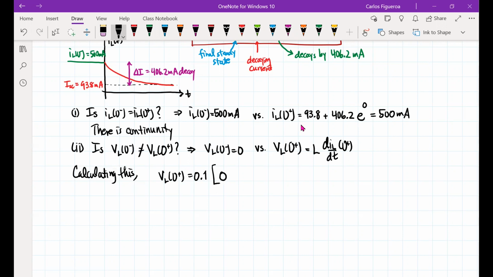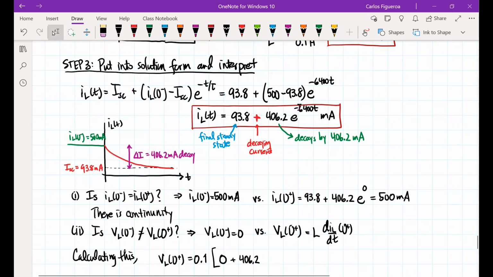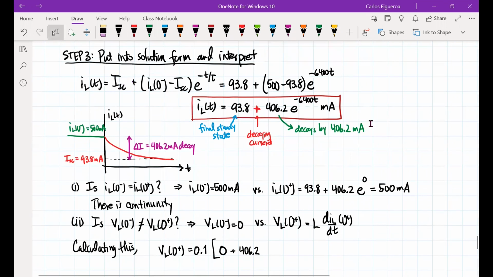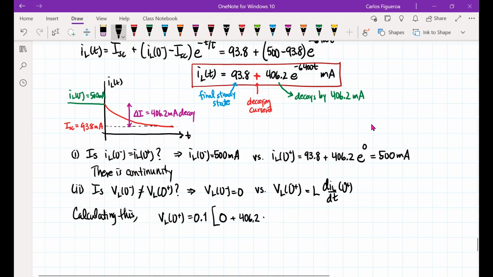And then I have plus 406.2, and then I have to take the derivative of this exponential, which brings down minus 6,400. So I'm going to get times minus 6,400, but this is in milliamps, so I have to put in a minus 3 there. And this will be e to the 0. So if you compute this number, you get minus 260 volts for VL